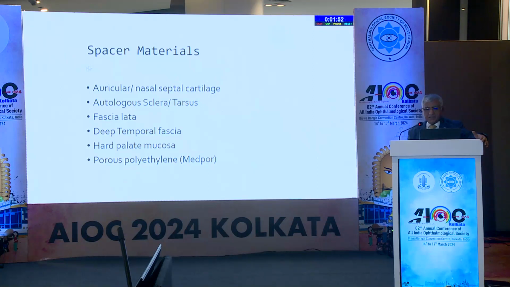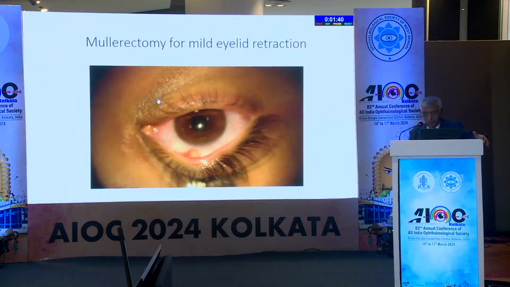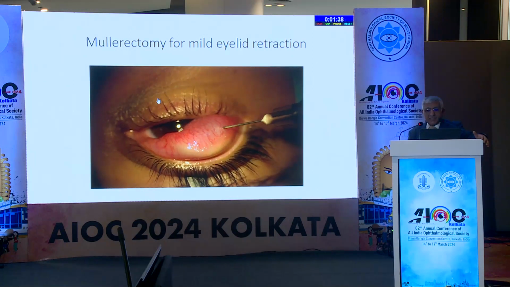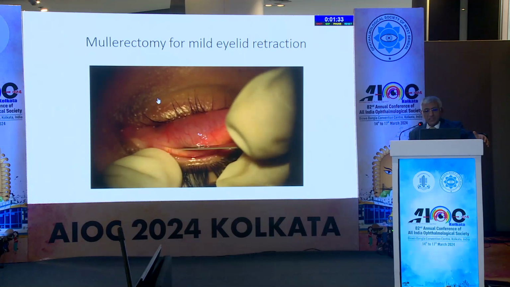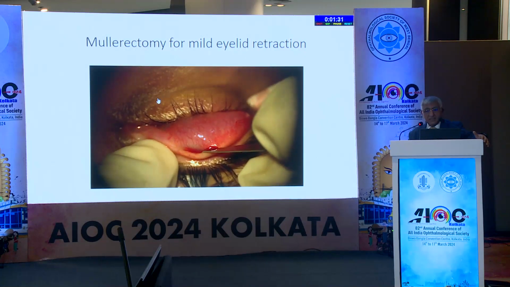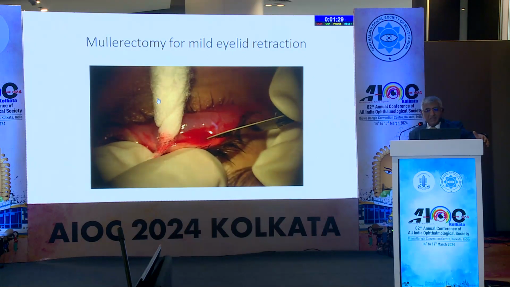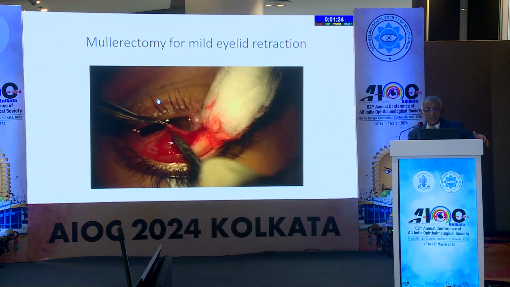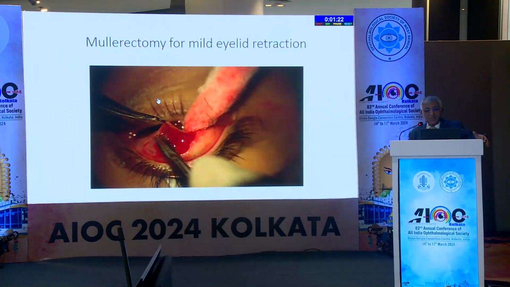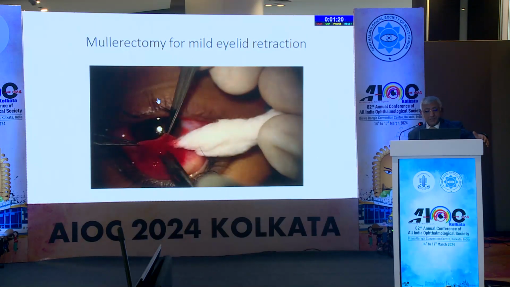A number of spacer materials have been used, but the ones that I have used commonly include hard palate and autologous sclera. So we'll see a video with a scleral one, but let's go on to Müllerectomy. So first thing is to try and create a plane between the conjunctiva and Müller's and the tarsal Müller's and the levator. So this is the incision at the upper border of tarsus, and then you create a plane first between the Müller's and the levator by dissection,